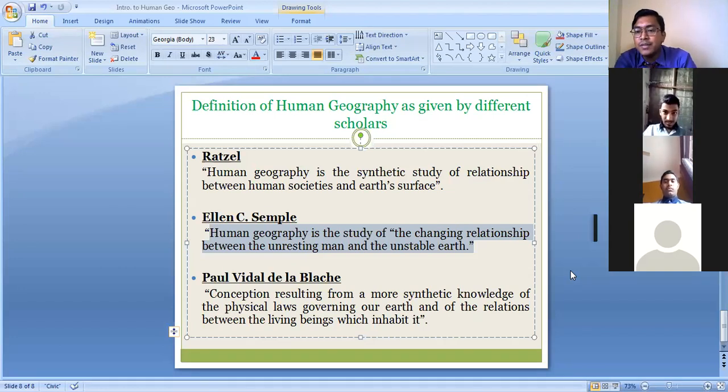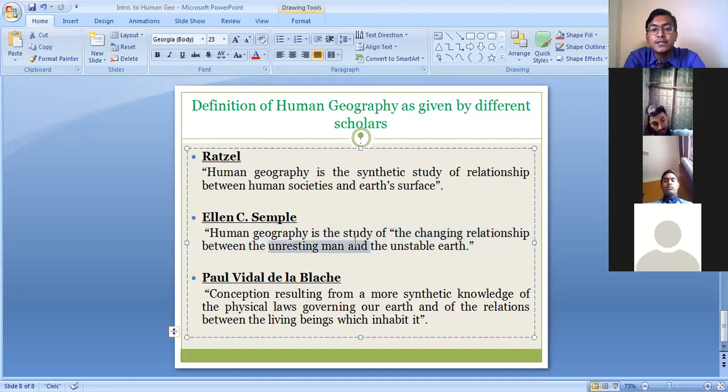But when human beings started developing technology, they started using natural resources to satisfy their needs. And now we are technologically very advanced, and with the help of our technology we are causing damage to the environment. We are causing a lot of changes to the environment actually. So this is why it is said that human geography is the study of the changing relationship